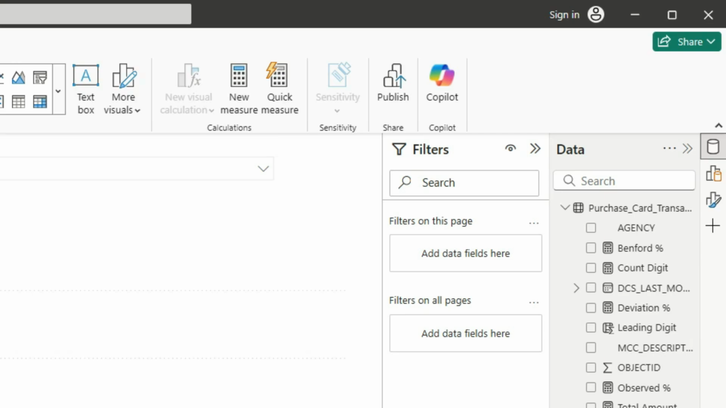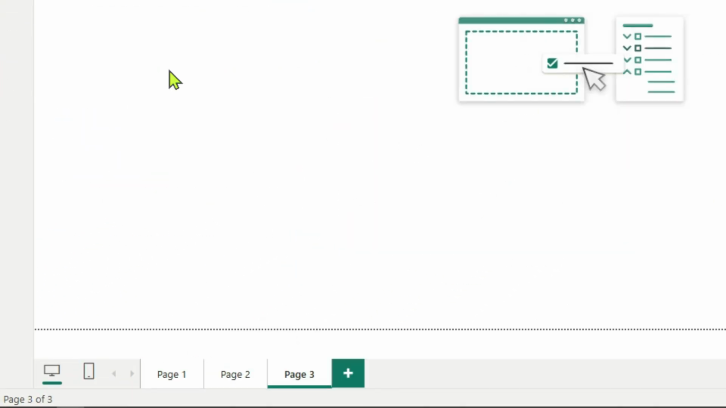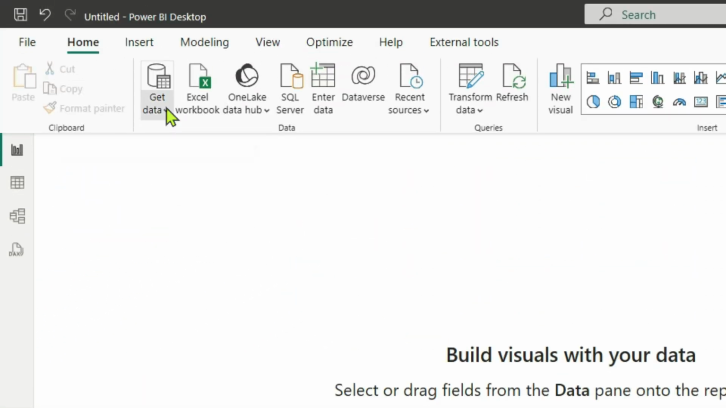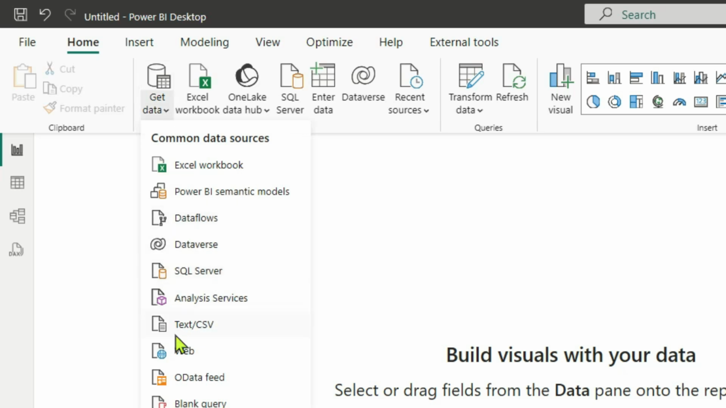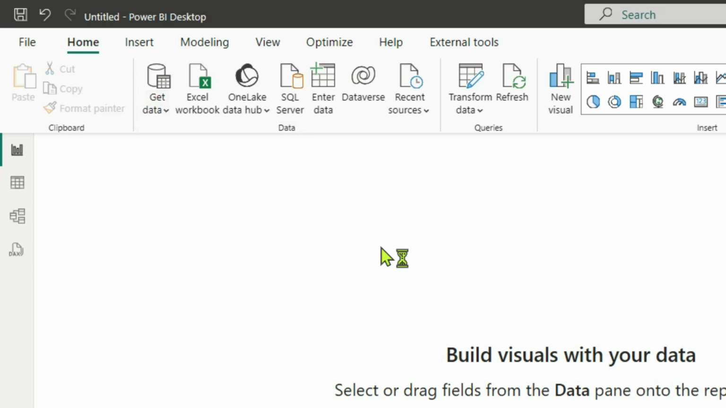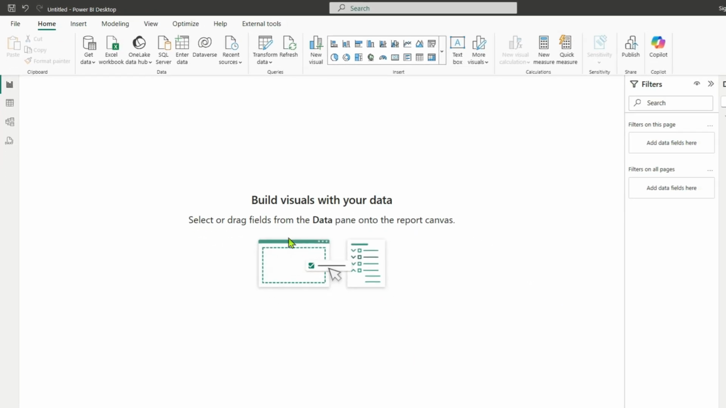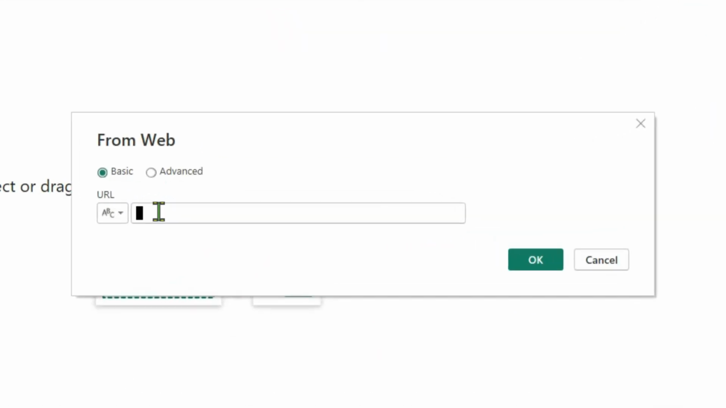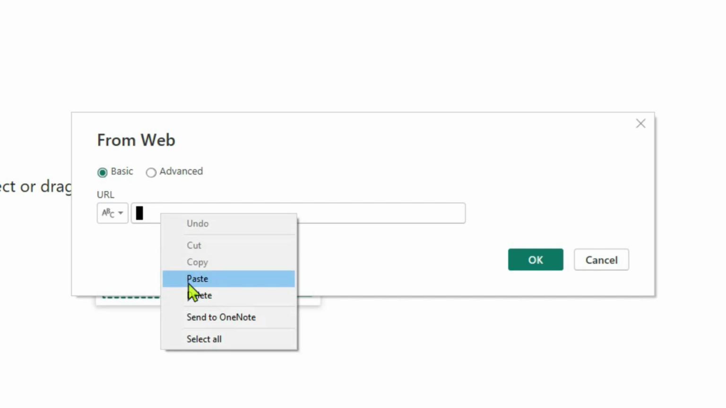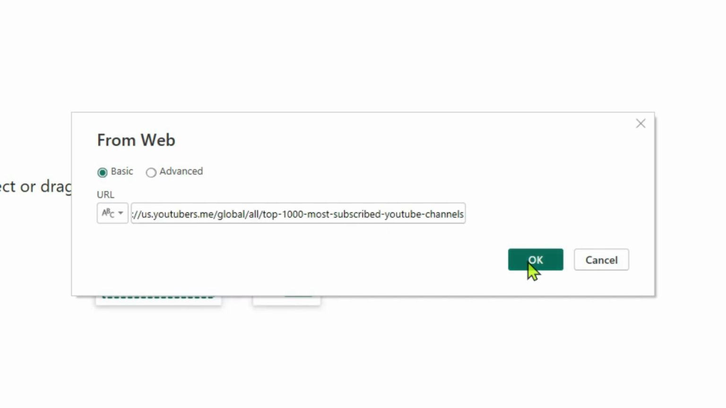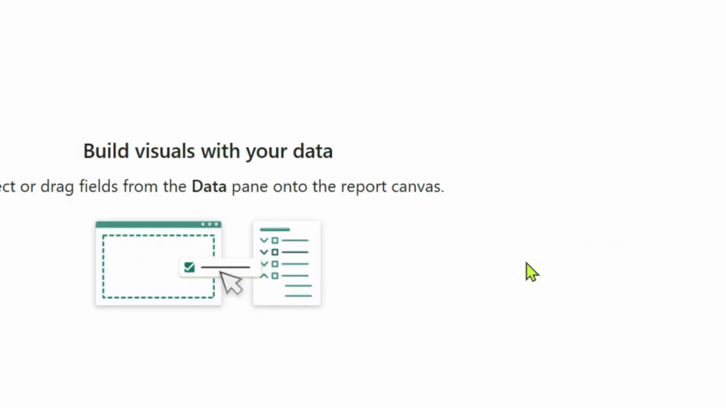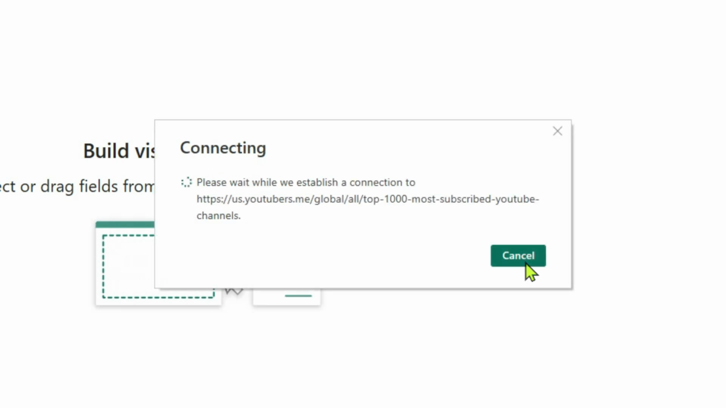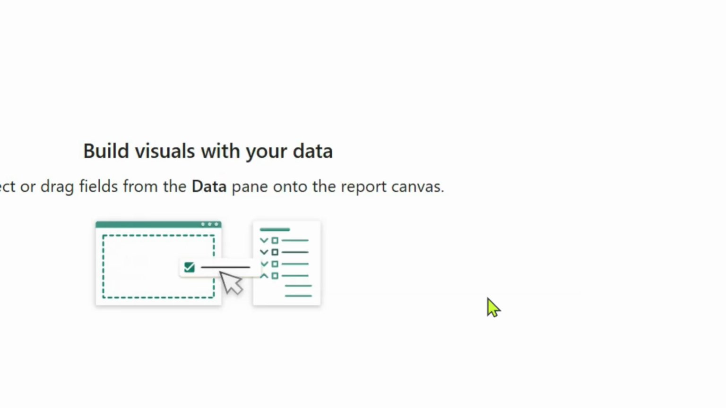Now that you are in Power BI, we will create a new page. We are continuing in the same file, so go to web and paste the link which you just copied onto that area, so that you can bring in that data into Power BI. Paste it and click OK. Once you click OK, the table will appear,